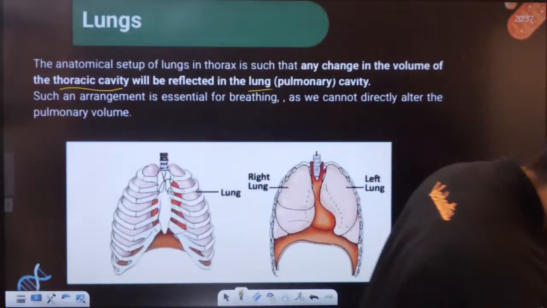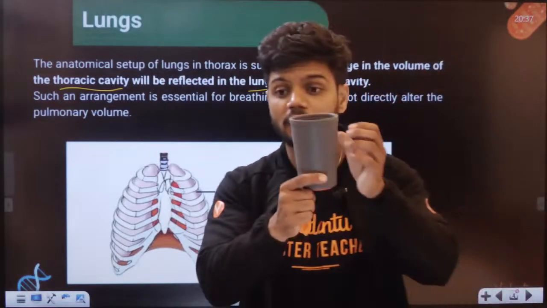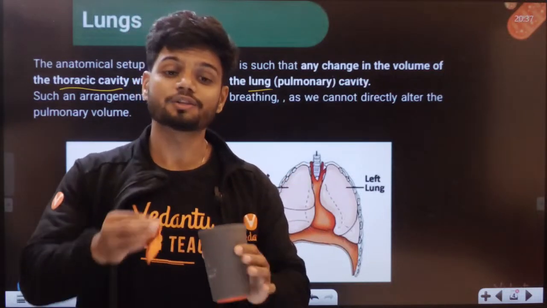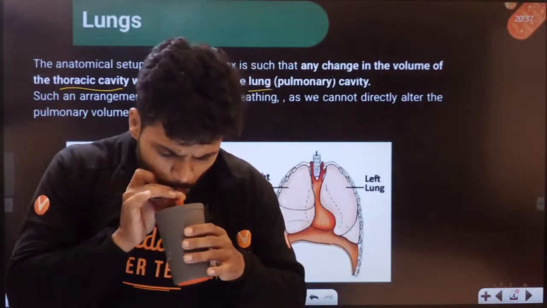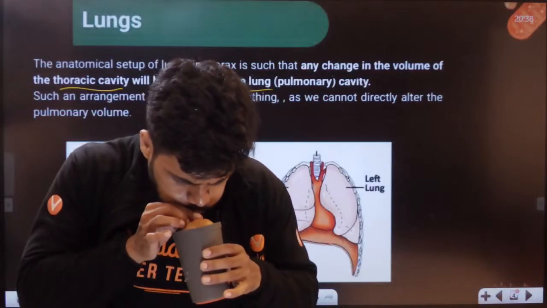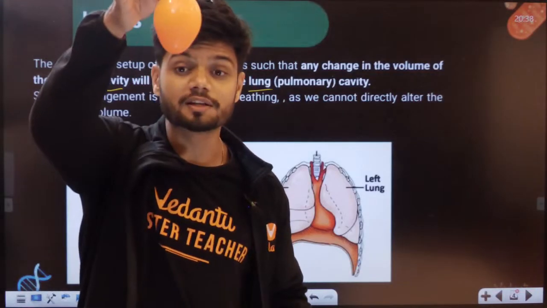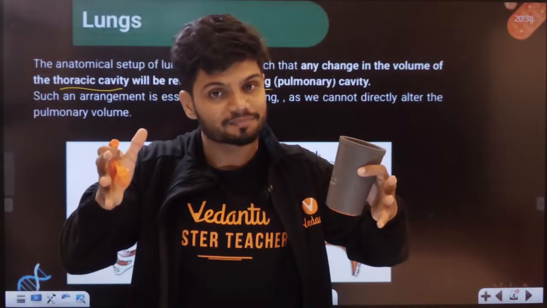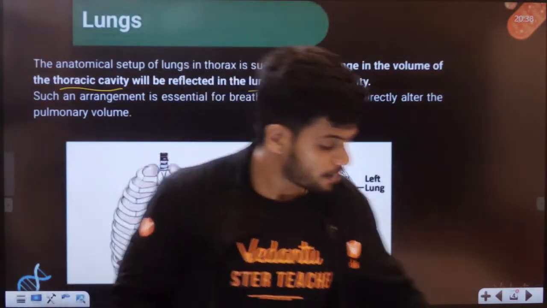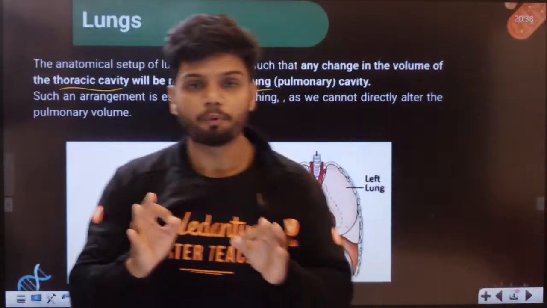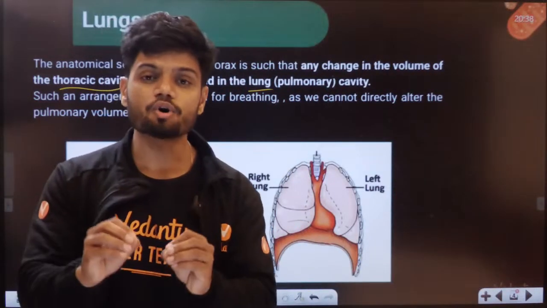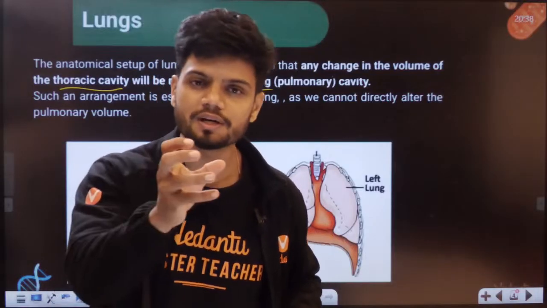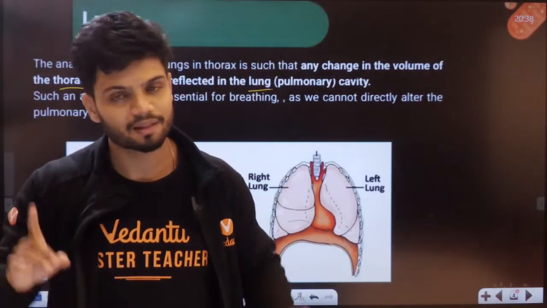Now, let's say the thoracic cavity is becoming much wider now. इतना बड़ा बन गया है thoracic cavity अभी. अगर thoracic cavity बड़ा बन गया ना, can you see, students? The lungs are also increasing, becoming much wider. Yes or no? It is increasing. So, the very important concept is that the size of the thoracic cavity is directly proportionate to the increase in the size of the lungs. Clear, all of you?